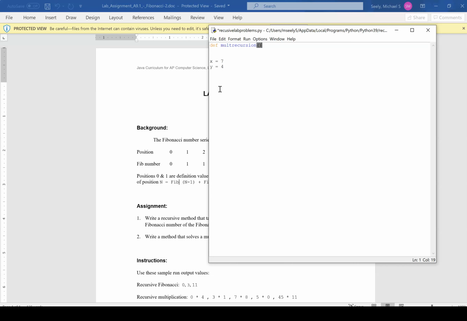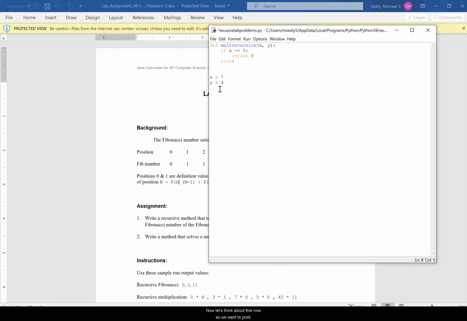Okay. And we would pass in the x and the y, right? Okay, so if x is equal to 0, then we would return 0. Else,